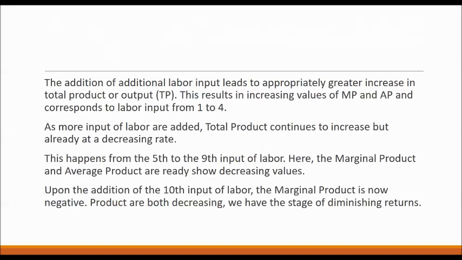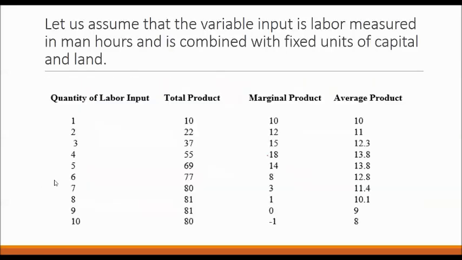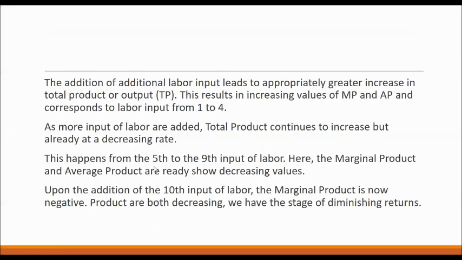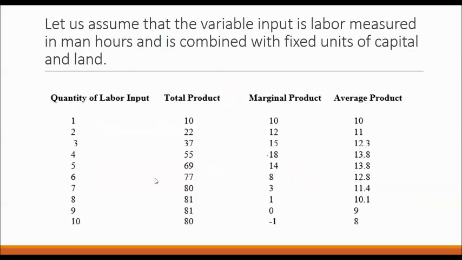As more input of labor are added, total product continues to increase. But if you notice, the total product on the 10th quantity is decreasing. So this happens also from the 5th to 9th, to the 5th to nth input of labor. If you see in the 5th, it is still increasing, but the marginal product